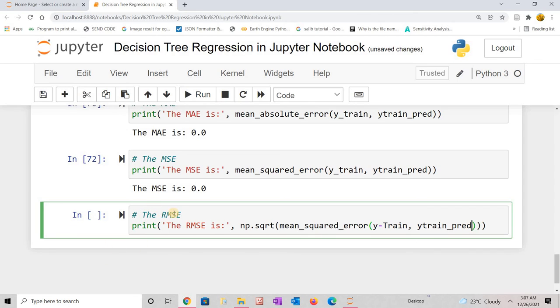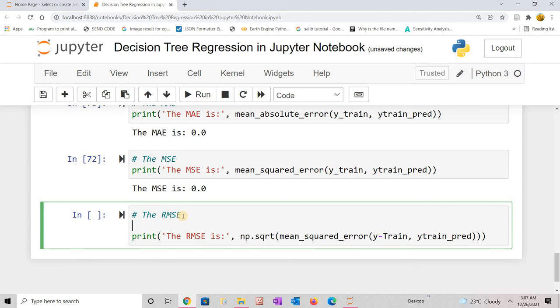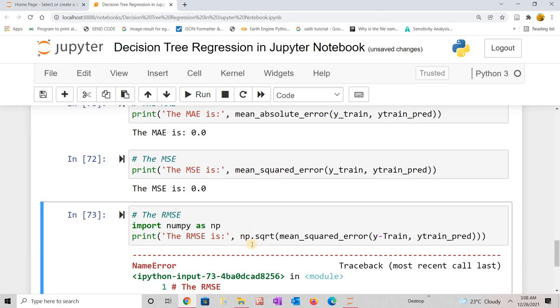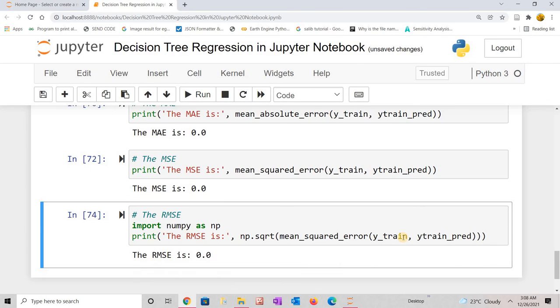Here we need to import numpy as np, because we use np here, this function. Sorry, I have a typo here. Okay,